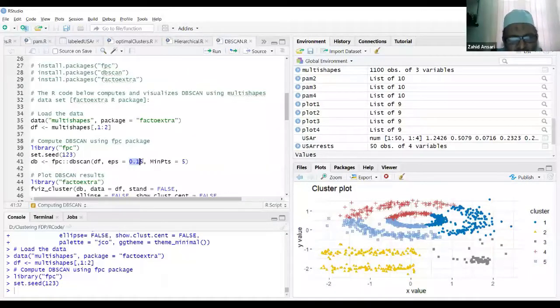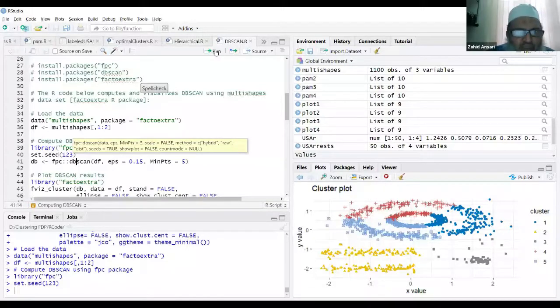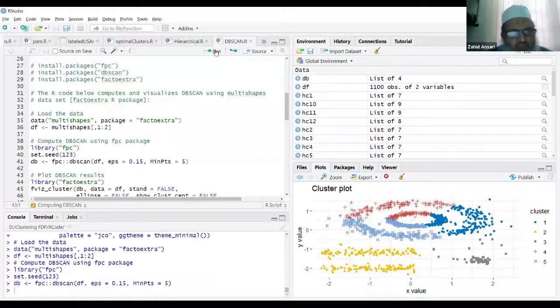So I am giving 0.15. How to arrive at it is another research topic that can be found through some other functions which we cannot discuss here. And the minimum number of points in this radius should be 5. So I am calling DBSCAN over here, and I got the output.